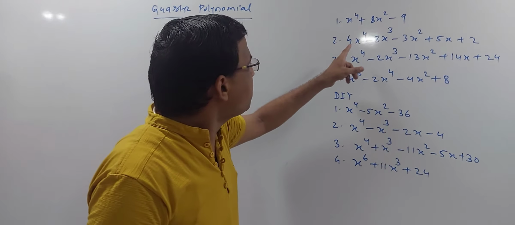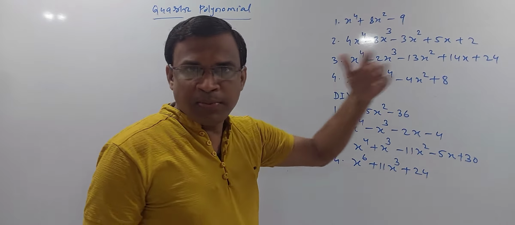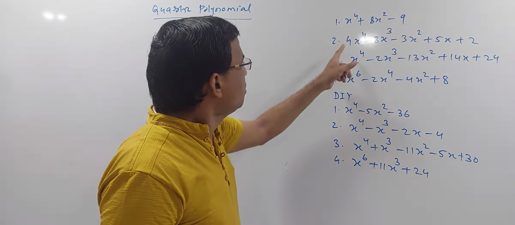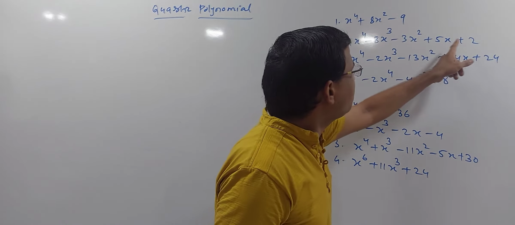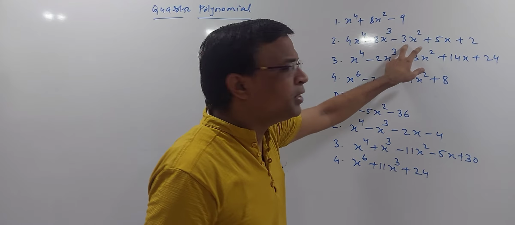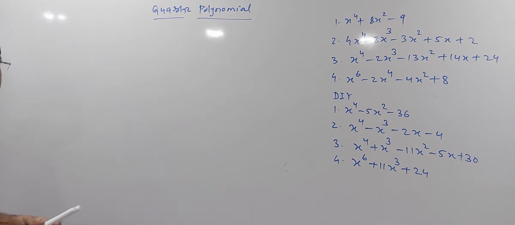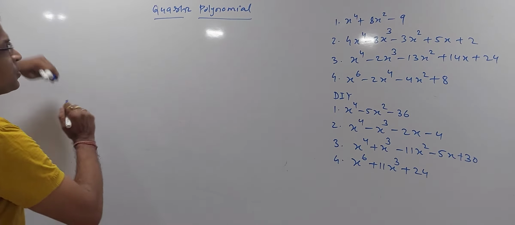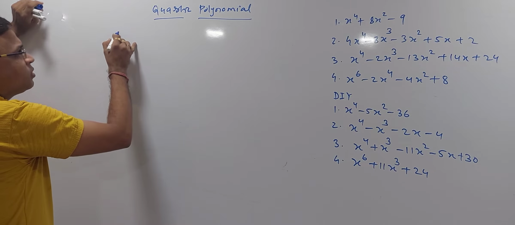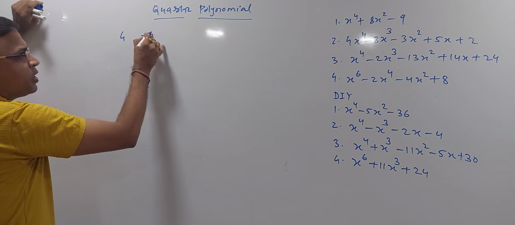So let me try by putting x is equal to 1. That means simply addition of the coefficients. So 4 plus 5, 9, 9 plus 2, 11, and 8 and 3 negative gives minus 11. So yes, confirmed that one of my zeros will be 1. So I can directly jump to the synthetic division method.